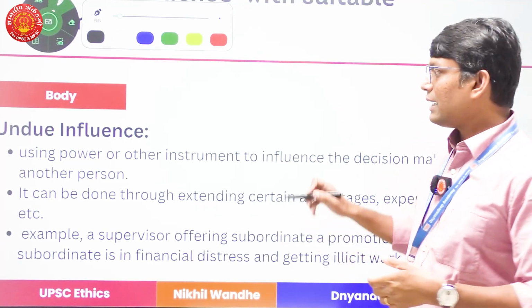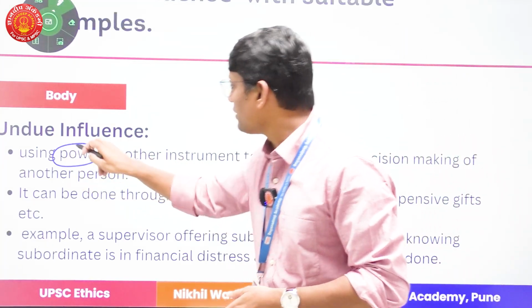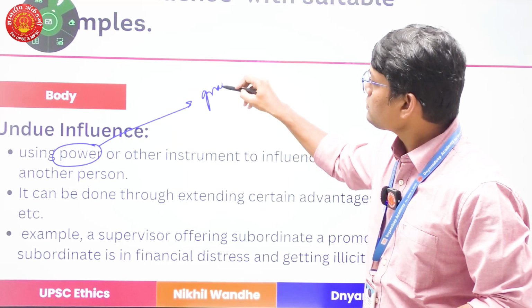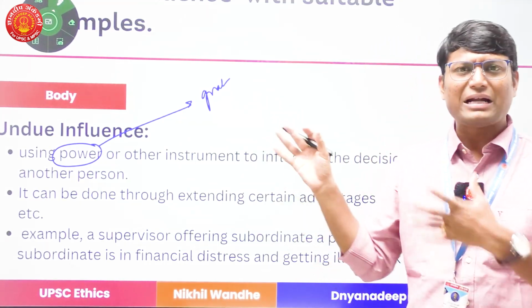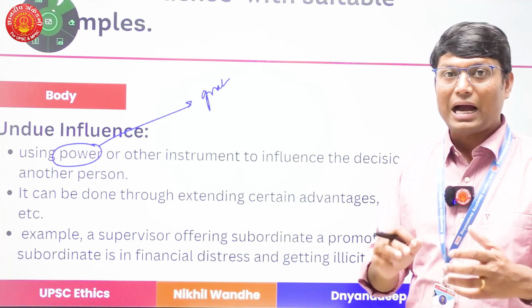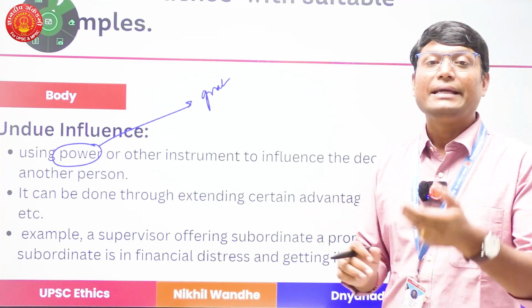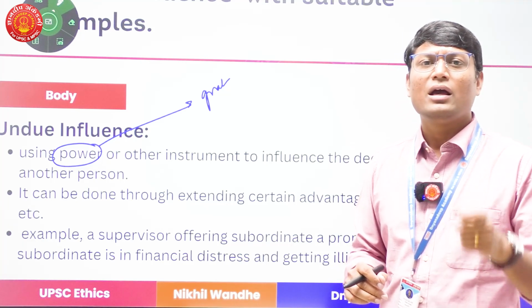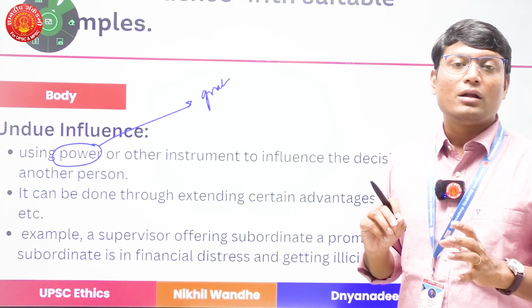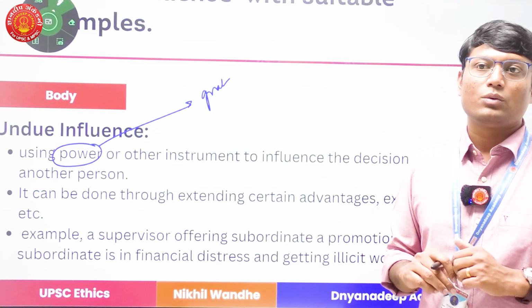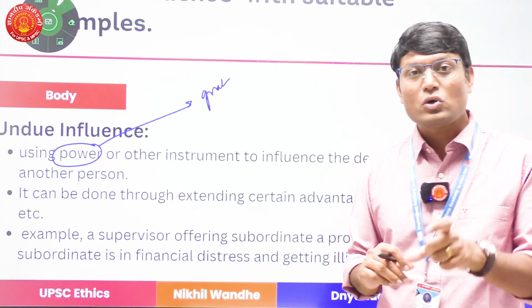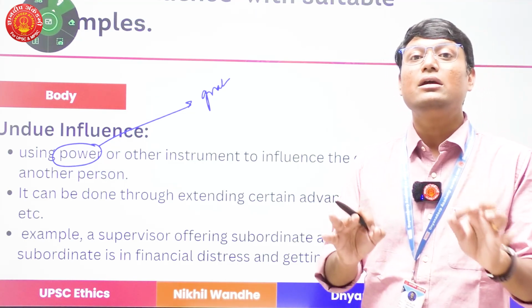But I know that I come from a position of power and I can offer something, such as some illicit gratitude, when it comes to undue influence, right? I will offer you that, and in return, what will I expect? I'll expect that you will be doing some of my work. Now, while doing that work, what is going to happen? It may happen that the work is legal, or it may also happen that the work is not within the legal framework,